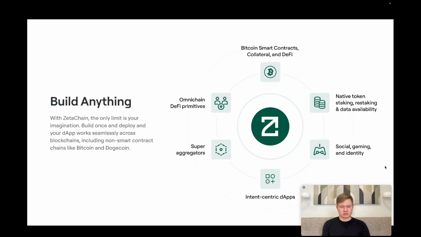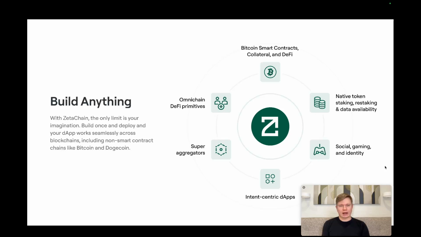decentralized. So it's a really powerful mechanism to augment any existing application, but also allows you to experiment and build new interesting applications. You can use Bitcoin as collateral for stable coins. You can use it for lending, and yeah, it's a super powerful mechanism, and I think it's really good for intent-centric apps as well,